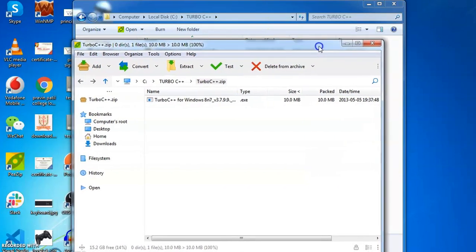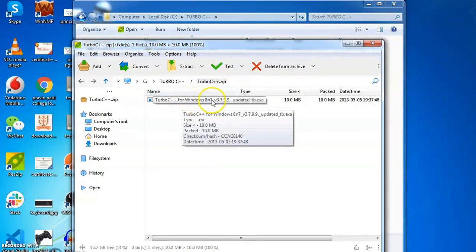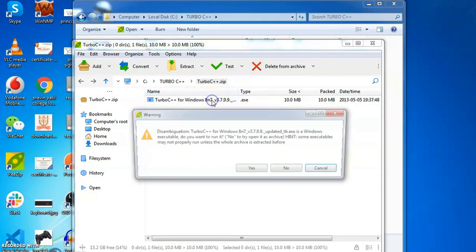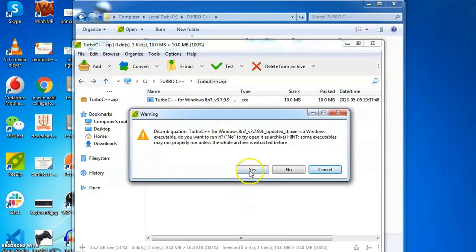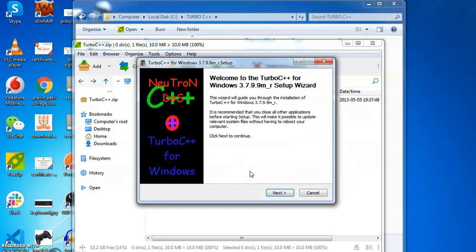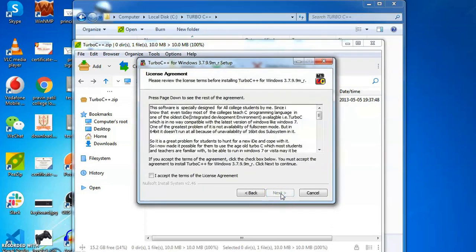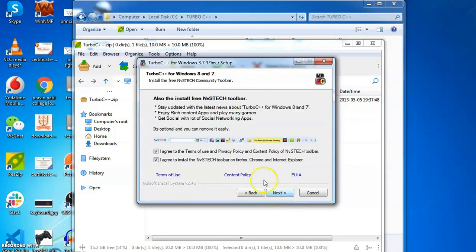After double click, you will get the exe file for Turbo C++ for Windows. Double click on it. Press S button. You will get this wizard. Now press next. In the license agreement window, you tick this checkbox that I accept the terms of license agreement and press next button.